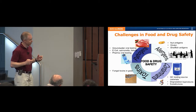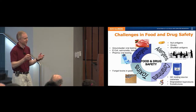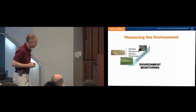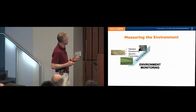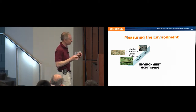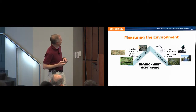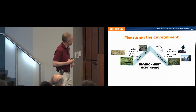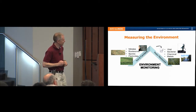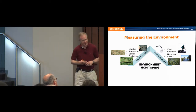And so food testing in food manufacturing, tests that can be performed at the loading dock or in the factory are very important. Also, we're concerned about tests that can be performed to measure things about the environment. People are interested in knowing if pesticides and fertilizers are running off of farm fields and getting into groundwater. People are interested in detecting all sorts of things in water resources, lakes and streams and even oceans, if you consider measuring whether it's safe to go in the water at the beach that might be contaminated